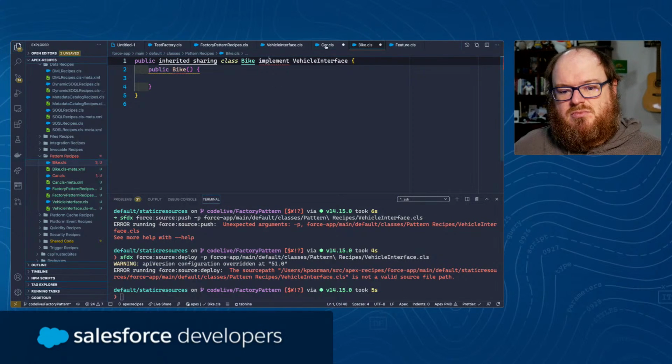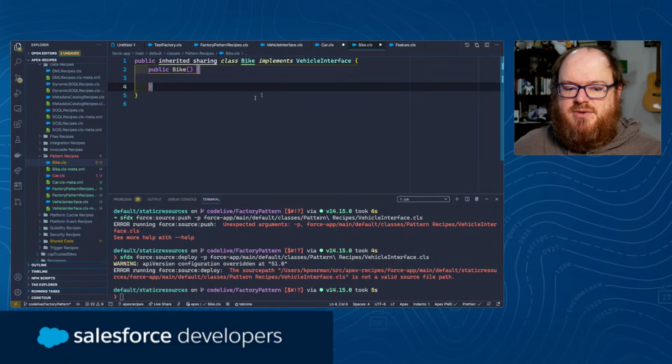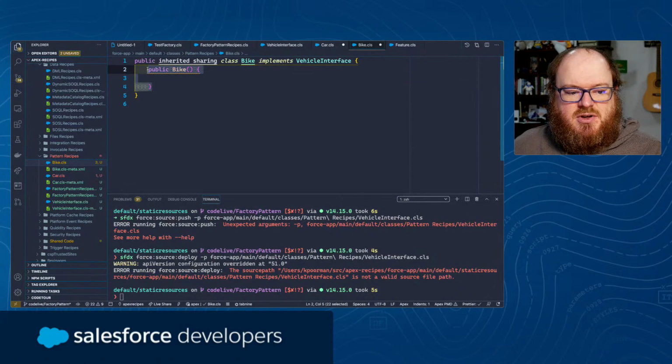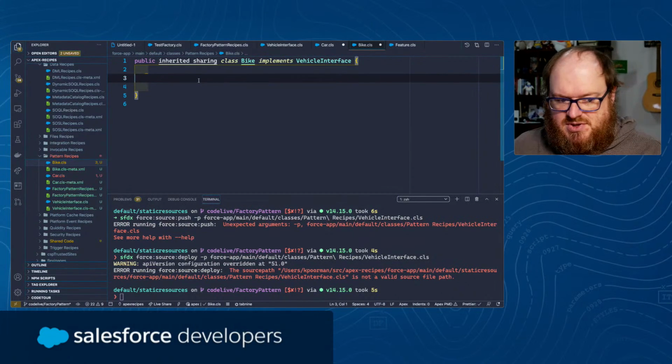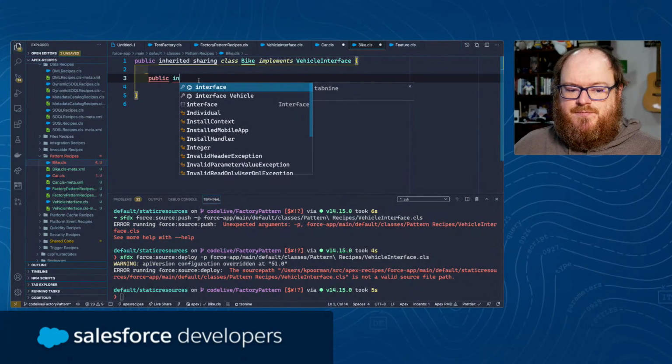Nope, that's right. Implements. That's why I didn't like that. Implements. There we go. Now, instead of having, we could have that constructor in there, but for grins and giggles, we're just going to do the public integer